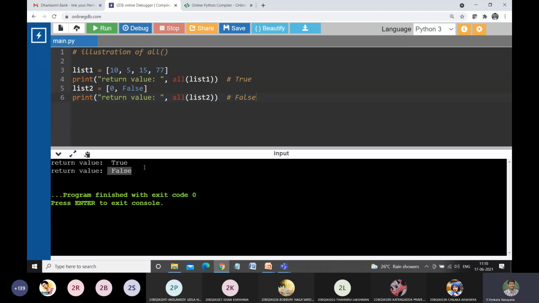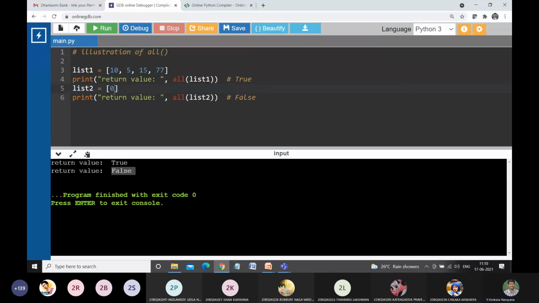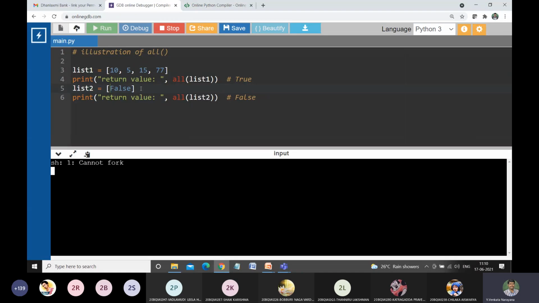So it is false. Is that clear? Since the list contains non-zero values, yes or no? Yes, sir. Even if it has 0, it is going to give false, or even if it has false, it is going to give false.